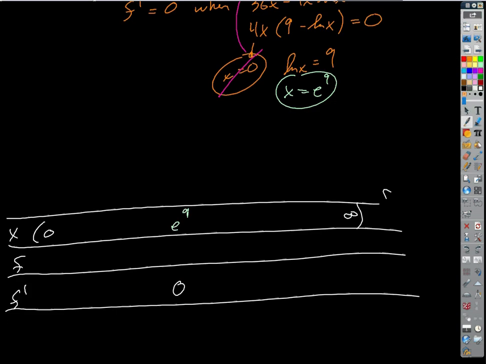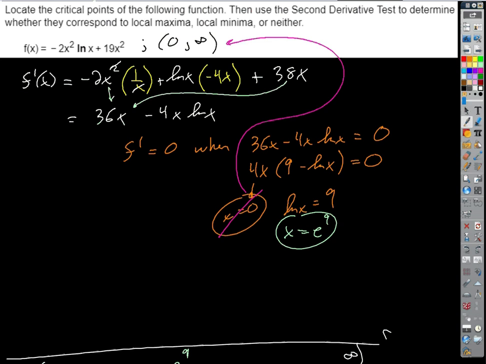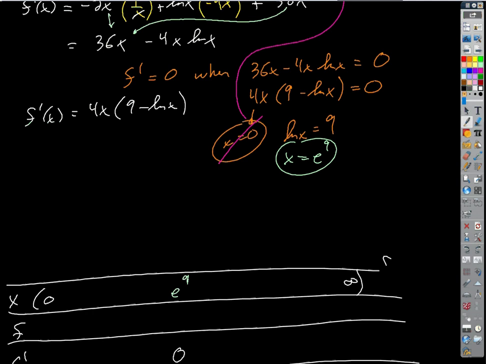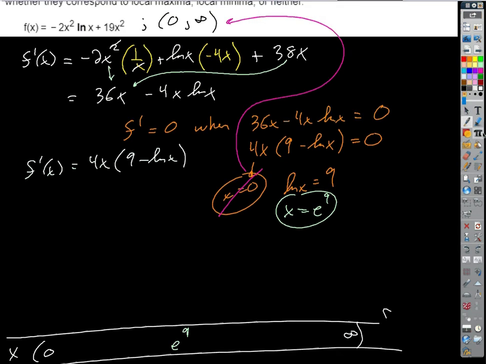Because, look, we already have it in factored form up here, right? There's our factored form. If I just write this in factored form, we just had 4x times 9 minus log x. It's pretty easy for me to evaluate the sign of the first derivative at test points if I've got it in factored form, right? Okay, but let's go ahead and do what they ask us to do, and we'll take the second derivative. But we want to use this form here, though, don't we? Right? So then,